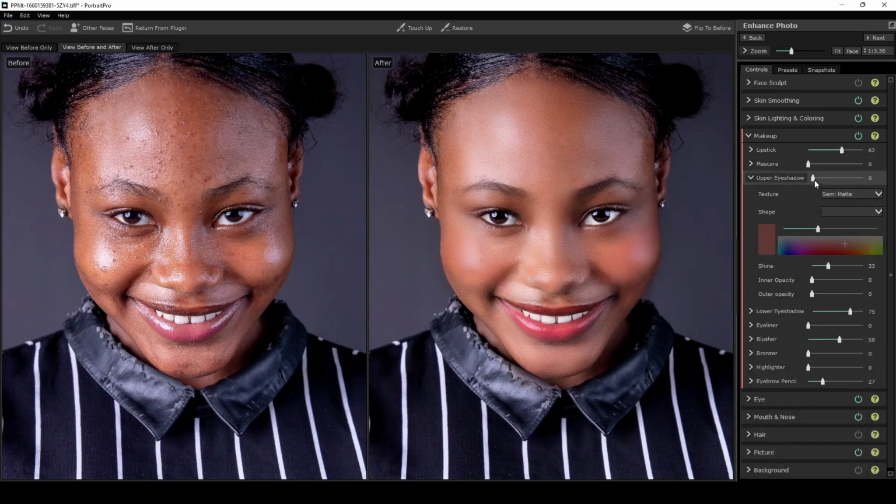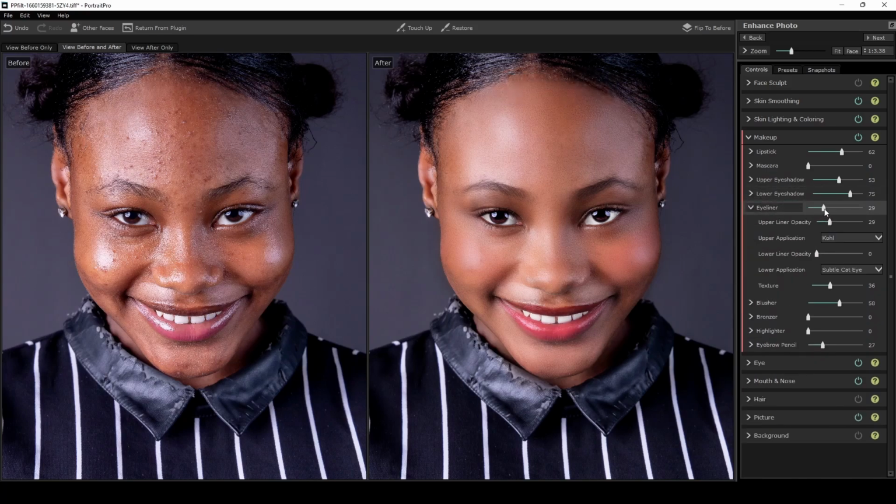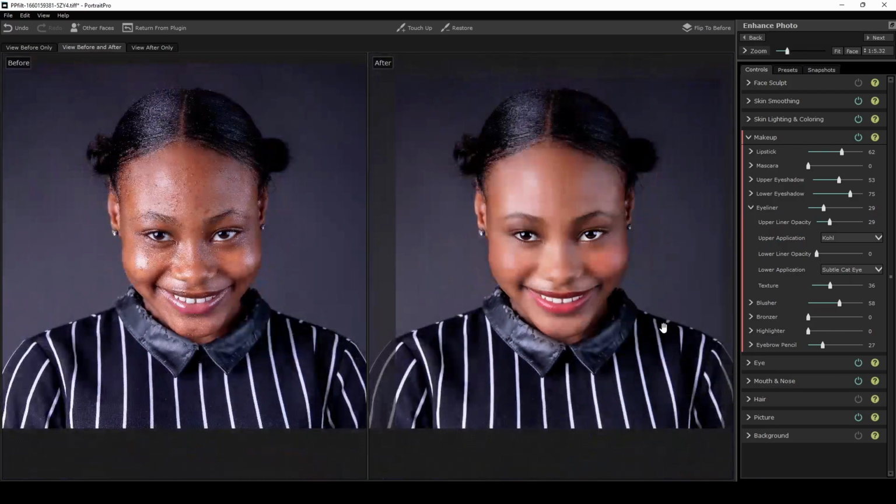Okay, and eyeshadow. I think I like this one. The shape, I want to use an almond shape. Upper, lower, I don't want lower. A little bit of eyeliner. There you go. Look,